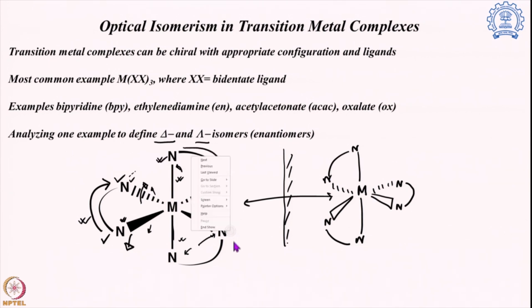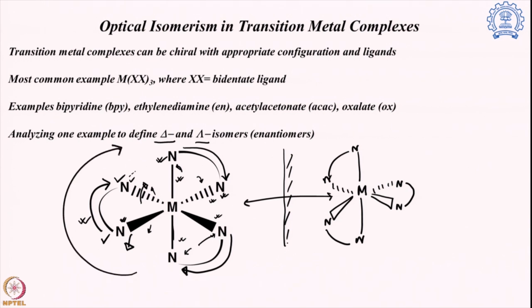Similarly for this, we have to go from this to this direction. So over here you can see from the top to bottom, if I go along each of the bidentate ligands, I have to rotate right hand side altogether. So this is known as the delta isomer. When I have to rotate right for going from the top to the bottom part of the same bidentate ligand,